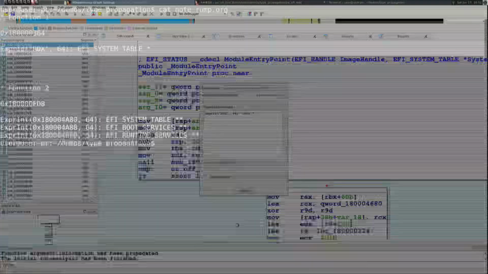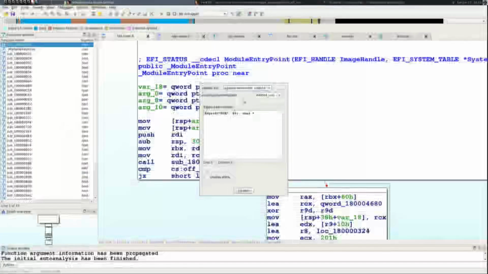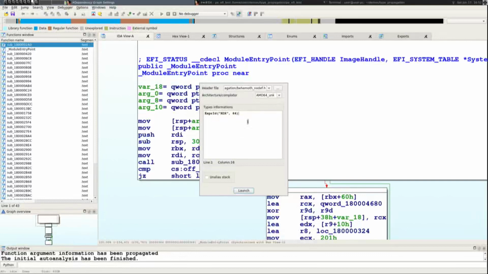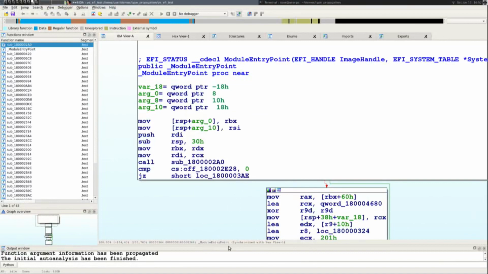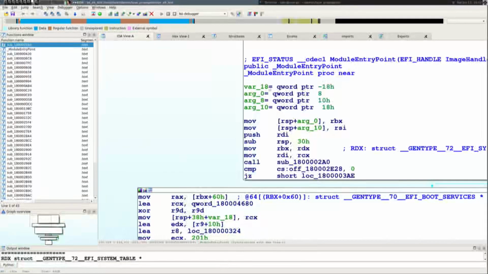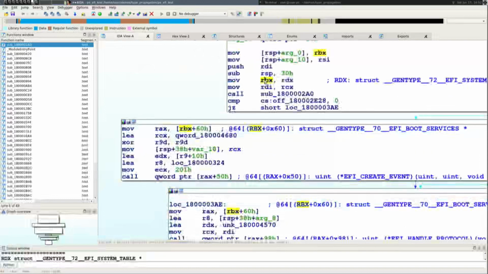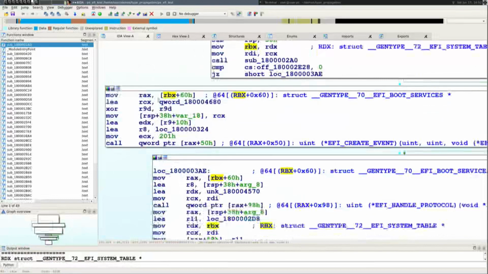So we give first this C header, and we give as well the fact that it's for AMD64, so now Miasm knows the packing of those structures. And we will give as well the hint that RDX is of type EFI system table star. And now we will run this on the main entry of the program. And here it will auto-comment that, okay, this one I gave him, so he knows that RDX obviously is EFI system table star. So he knows that RBX has the same type,